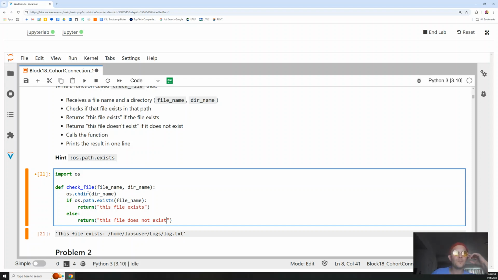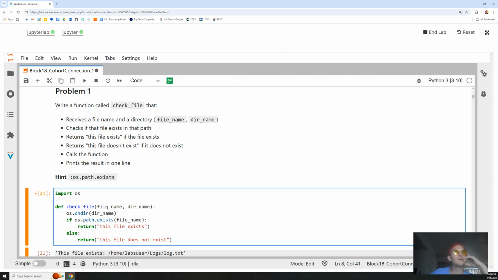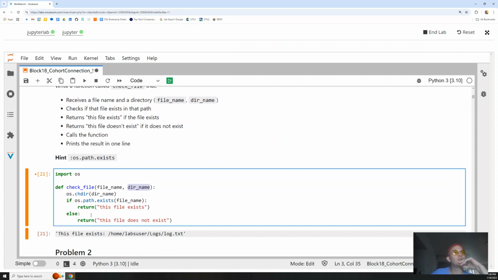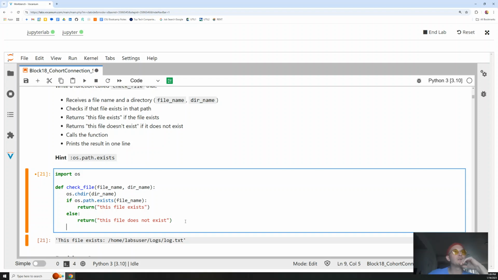Okay. This file does not exist. Check file. We've got the function made. We've got the two arguments fed in. We are changing to a directory based on the directory name parameter. We are then checking, once we're there, if the file exists within the path that we changed to, using os.path.exists, and it should return. So now we need to call the function and print it